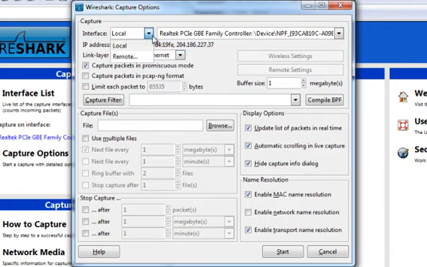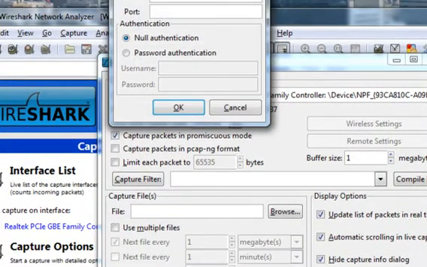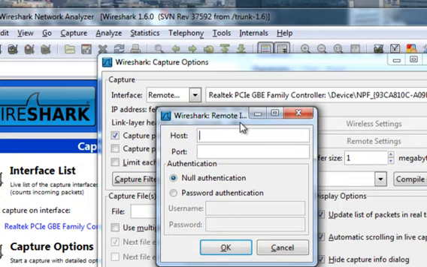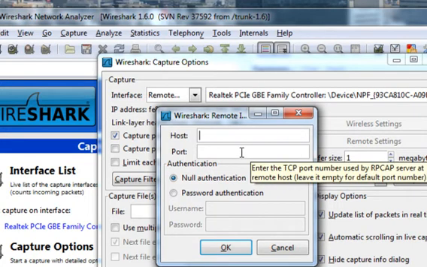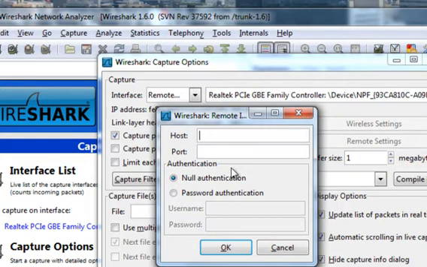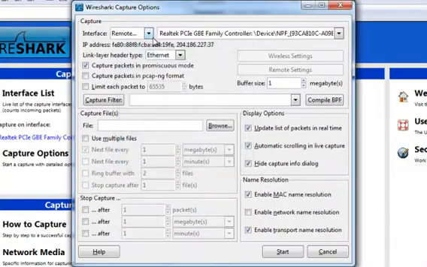The other option that you can do is go to remote, and by doing this you could type in any IP on the web and what port you want it to go or access the computer through to check their traffic. Could work for a computer or a router or anything that's got a usable IP and open port. By standard it leaves no password, but if there is a password that you know that you need to get into the host, you can click password authentication, put in your username and password that would be needed. Right now we're going to stick to local,